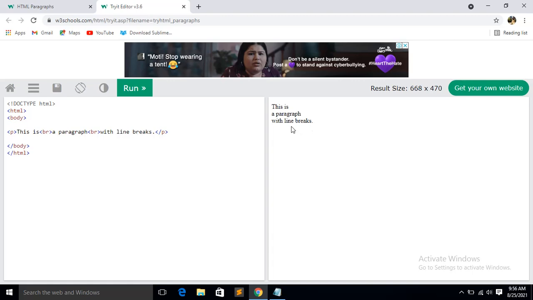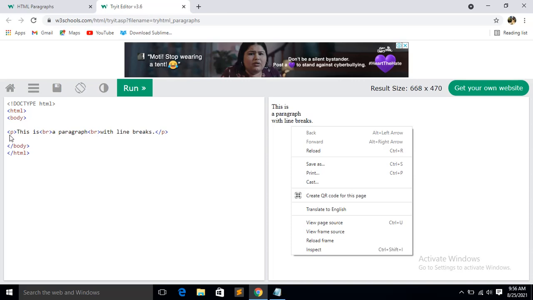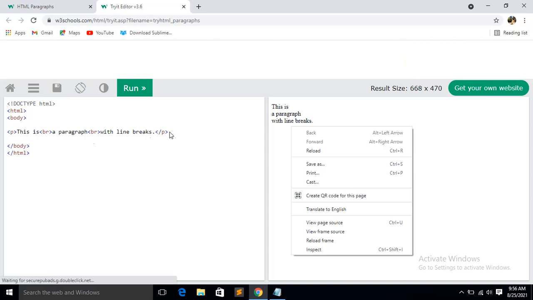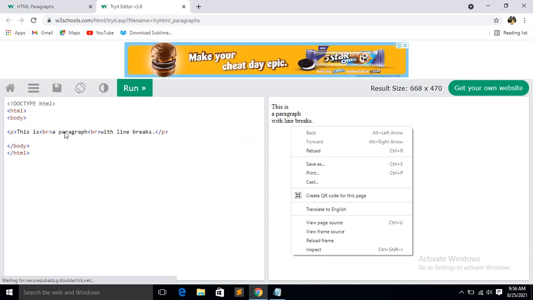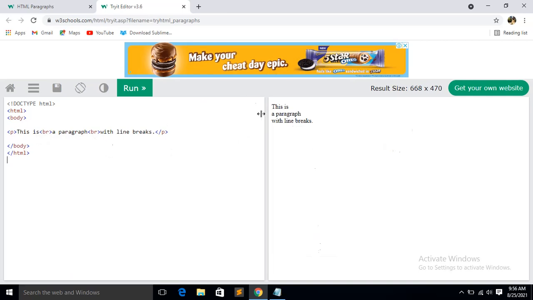That is the difference between the line break, the BR tag, and the paragraph tag. Another difference is that the BR tag is an empty tag and the P tag has a closing tag. Once you have opened the P tag, you have to close it, but the BR tag does not need to be closed. This is how the program works between line break and paragraph tag.